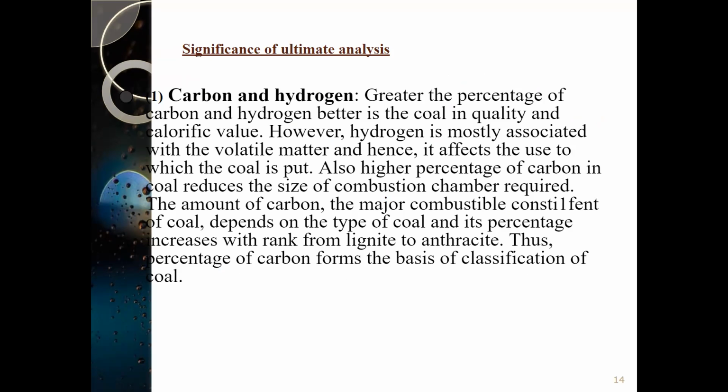We have seen in the proximate analysis what the desired quality of a good coal sample is. So for the best quality of coal sample, carbon content should be more, but hydrogen content should be less. But why? Why should the carbon content be more and the hydrogen content be less?